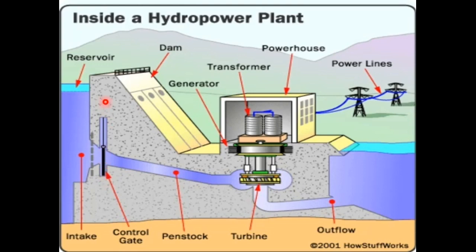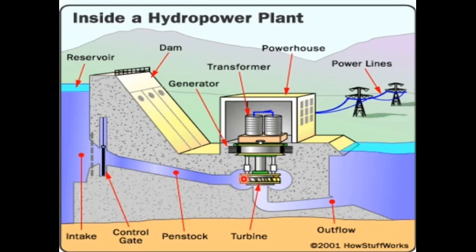When this gate is opened, water flows from the penstock. At this point the water has sufficient head, so naturally under the action of gravity it has sufficient pressure. At the end of the penstock the nozzle arrangement creates a jet of water, and that jet impacts on a turbine. This is a turbine arrangement. The turbine may be a Pelton wheel turbine, Kaplan turbine or Francis turbine.